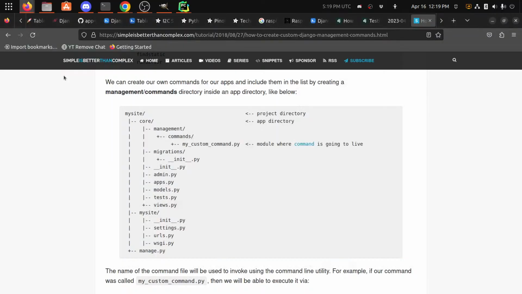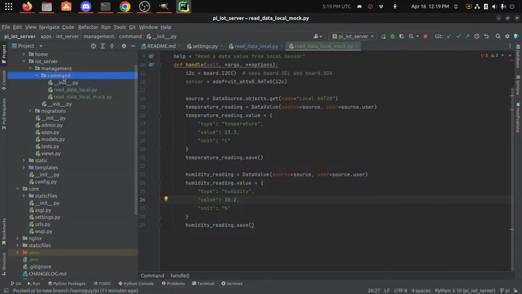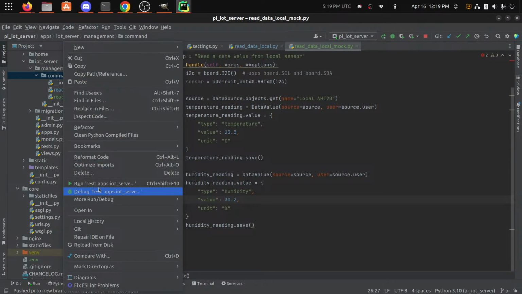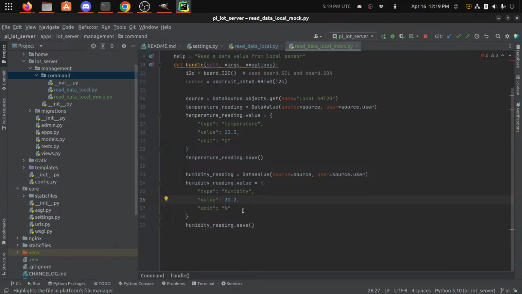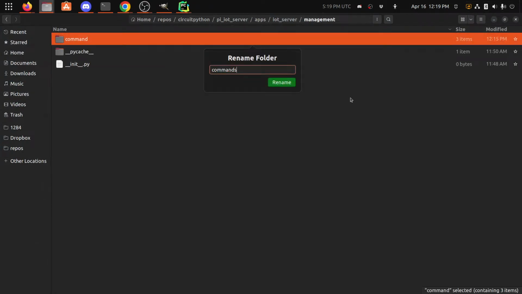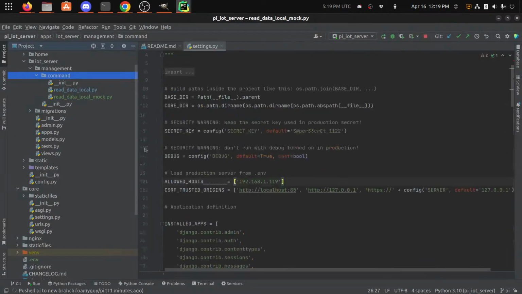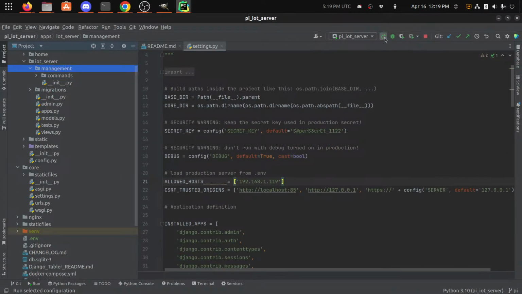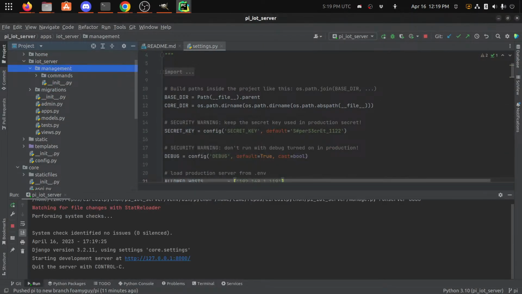Oh, is it commands? Ah, commands. Oh, that's annoying. Okay, let's go open in files. Right here, commands. I guess I'll rerun it. I don't know. It should probably not need that, but